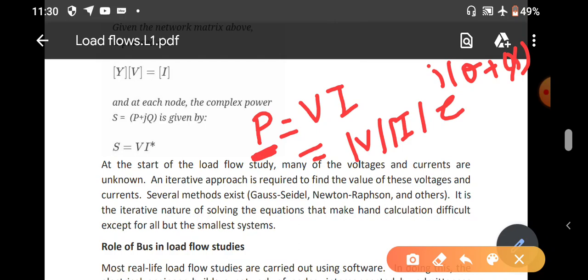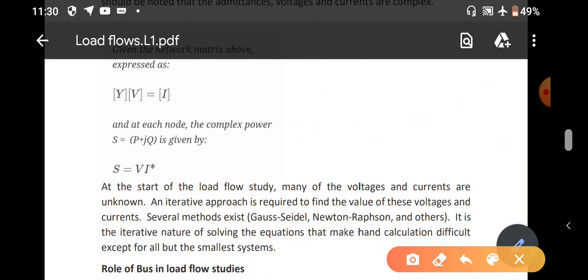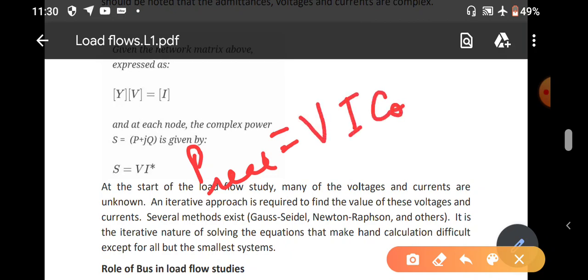Now as you are saying that power is V I e to the power j (theta plus phi), if we separate it into real and reactive power, then we will find the real power P. How much will it be? From what I have written earlier, you will get it equal to V I cos (theta plus phi). As you are seeing this